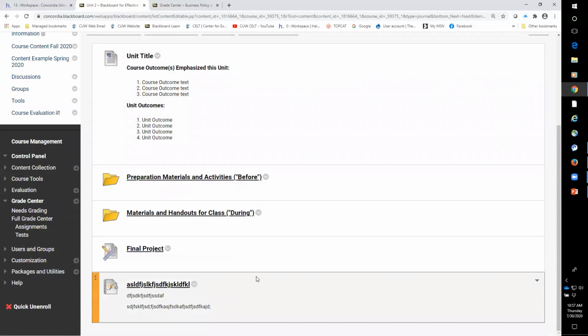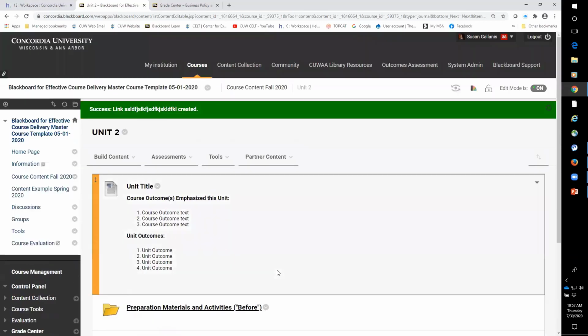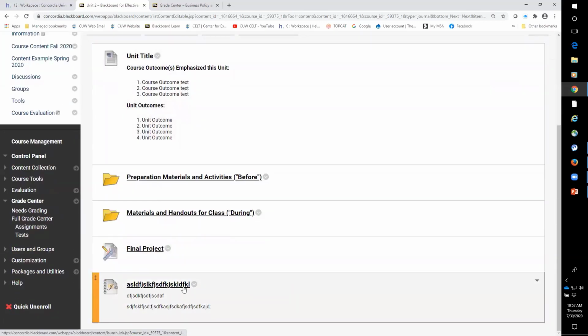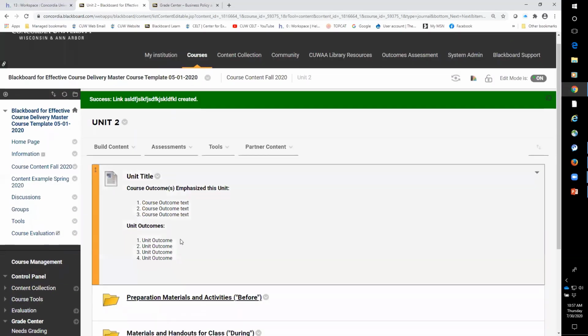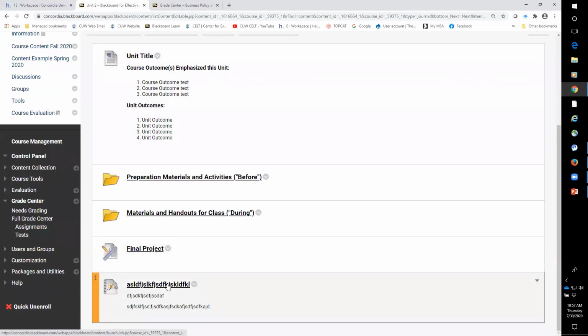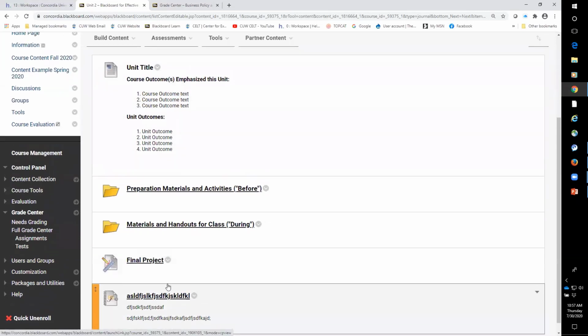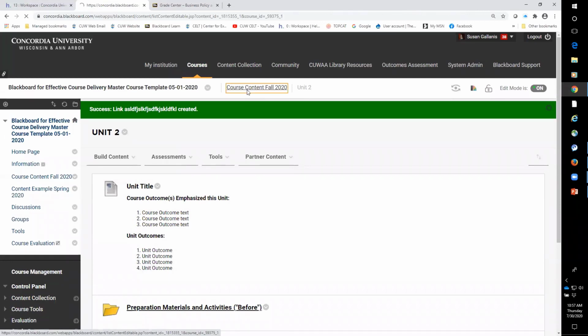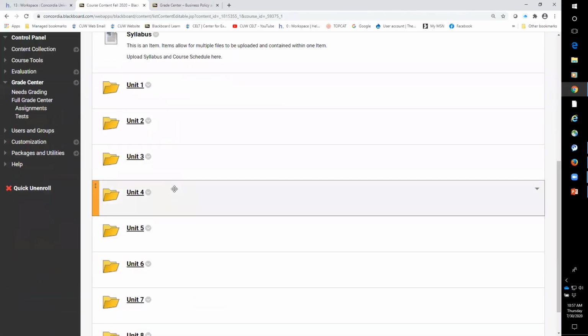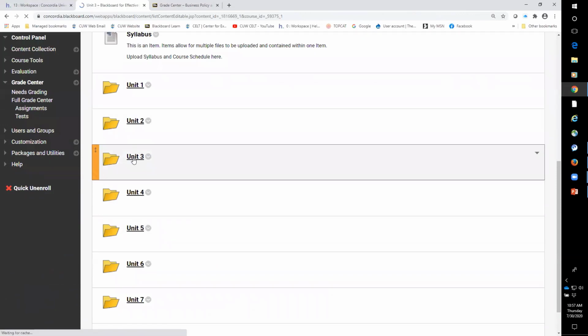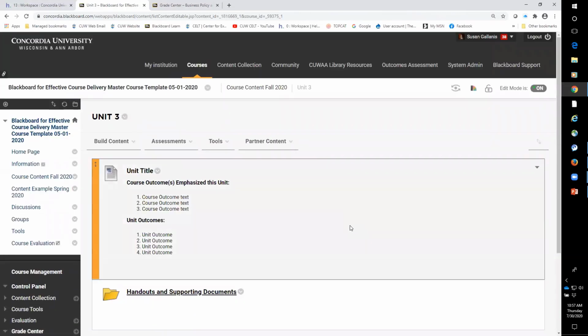Now, if I wanted to, and I know we have just a few minutes left, I just wanted to share a couple of things before I show you how to access the journal and what that looks like. So here in Unit 2, I've got my little weekly reflection I want them to create. I'm only going to grade it at the end of week 8, but I don't want them to come back to Unit 2 to access this journal every time. So I can then go to my course content again. And if I want them in Unit 3 to, again, I'm not going to grade it, but I want them to